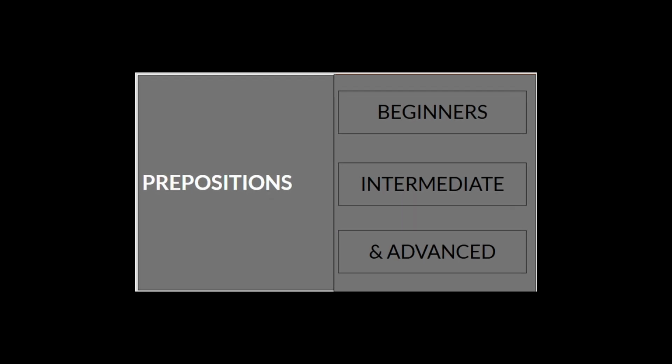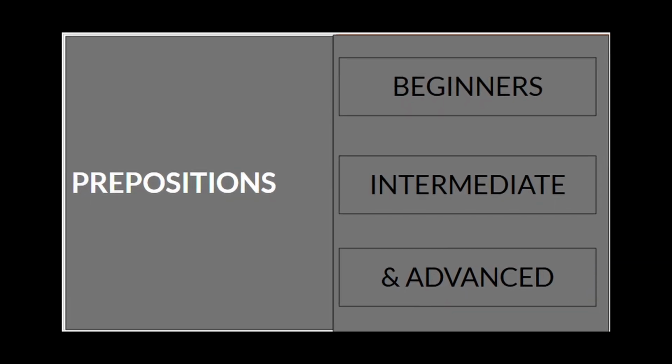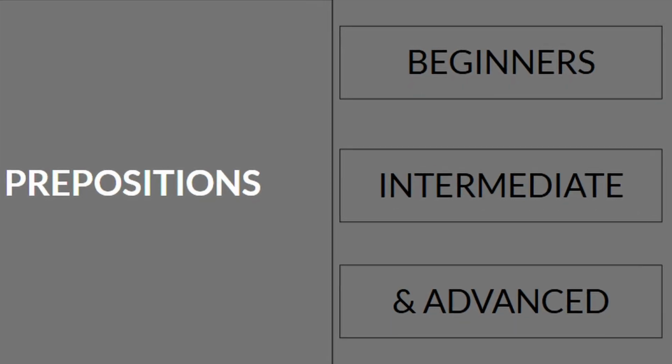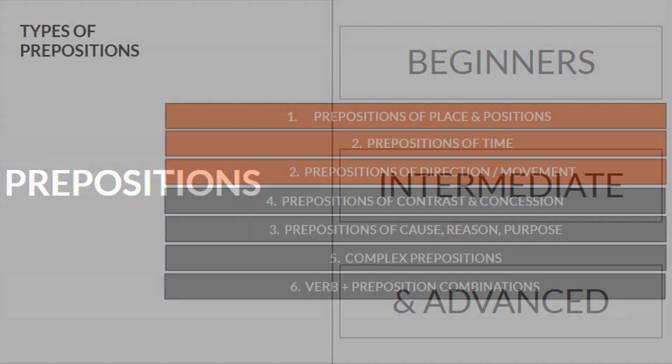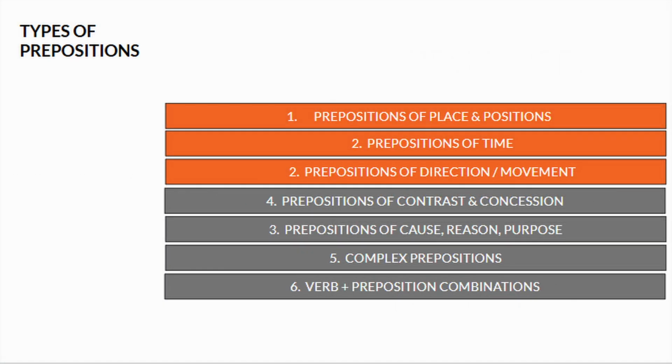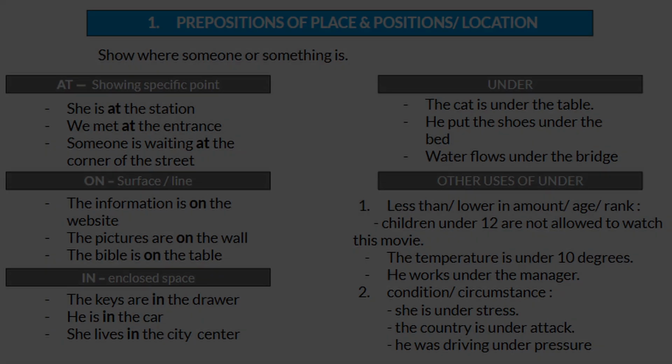Today we will be talking about prepositions, and we're going to see different types: prepositions of place, prepositions of time, prepositions of direction or movement, prepositions of contrast and concession, prepositions of cause, reason, purpose, complex prepositions, verb plus preposition combinations, and idiomatic expressions with prepositions. Number one, prepositions of place